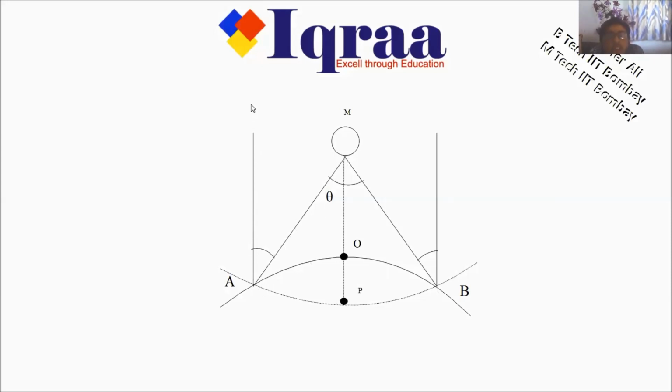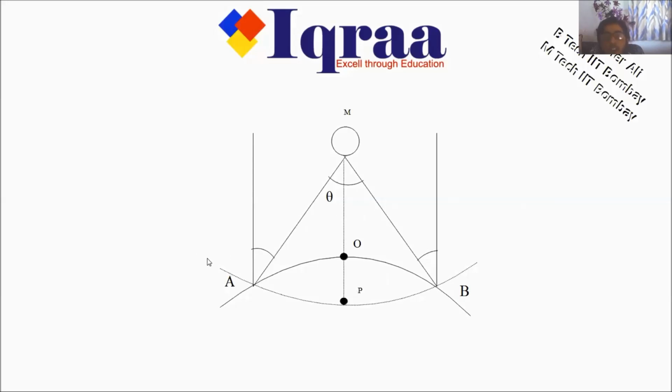And this line represents that we are looking at a star which is very far away from the Earth. So this line of sight is nearly straight from point A. At point B, when we look at the moon, our line of sight changes and we are looking along this line. But the distant star is so far away that our line of sight for that star is the same at point B as it was at point A. So now we can calculate the change in the line of sight of the star and the line of sight of the moon. With the help of this angle, we can calculate the angle theta, which the moon subtends at point A and point B.